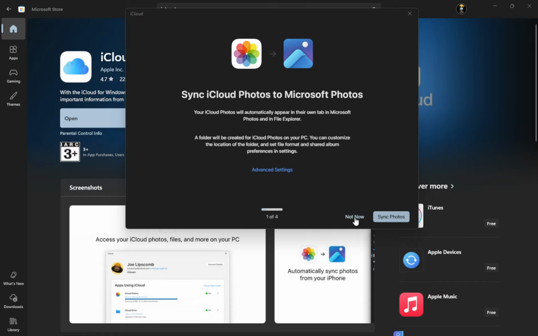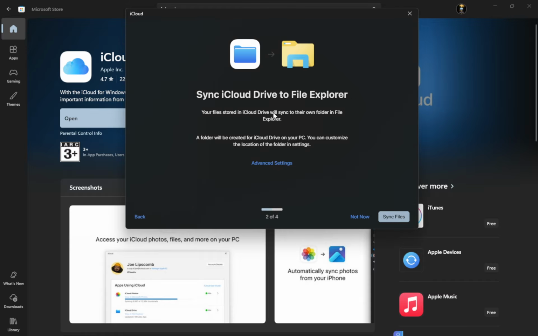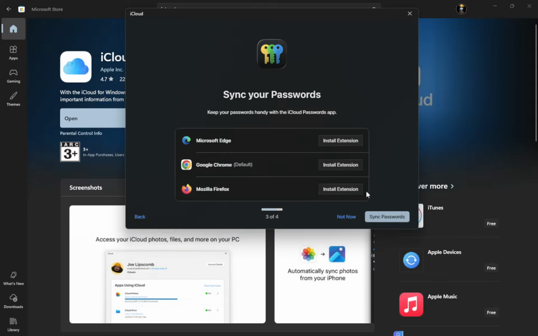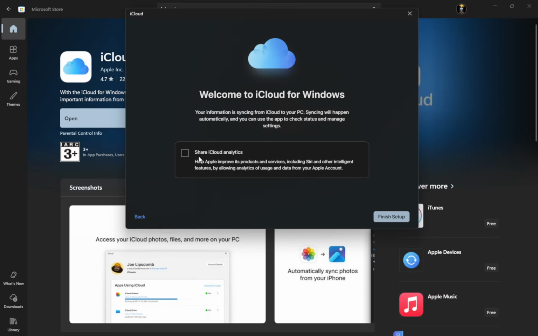Before you begin, make sure your PC meets the basics: Windows 10 or later, a Microsoft account for the store, and your Apple ID credentials. On some systems, installation requires Windows Media features to be enabled. If something refuses to install or open, check Windows optional features and confirm media components are turned on, then try again. That's all it takes.